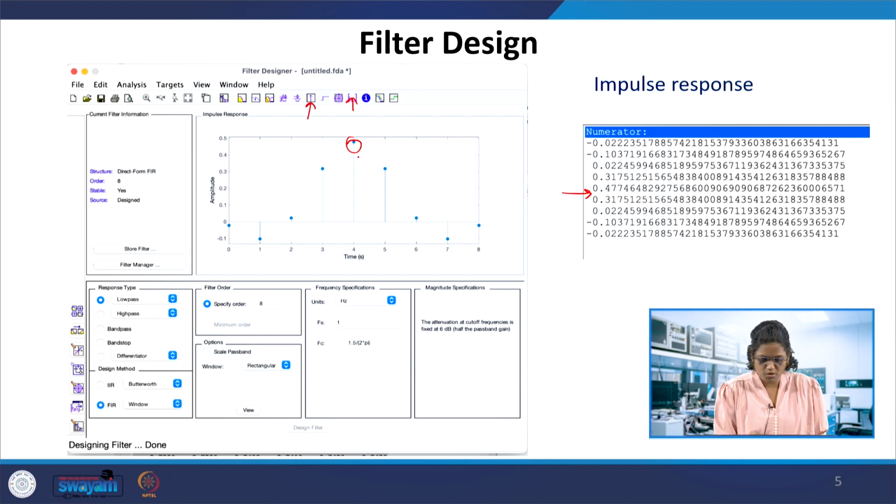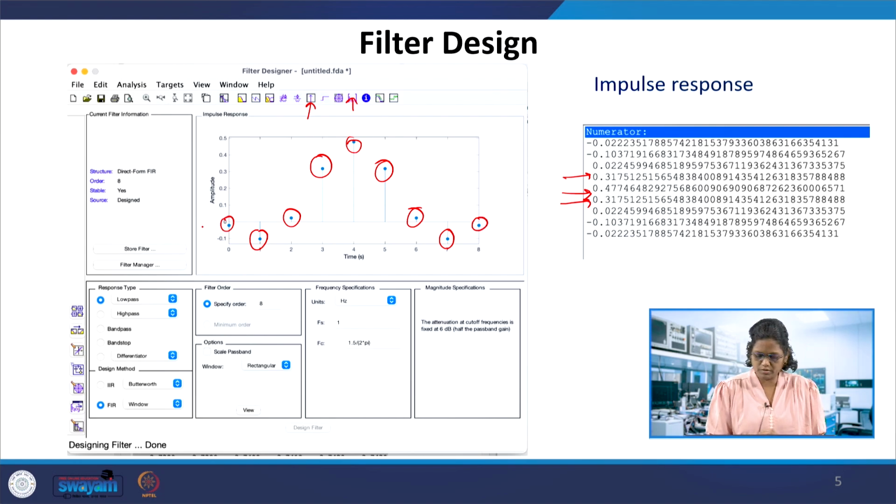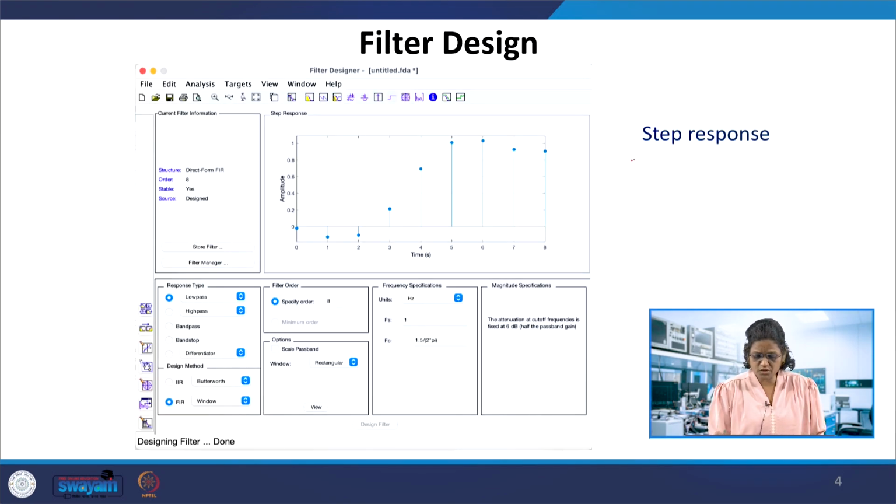That's an impulse response. So 0.317, also here you get the impulse response, and the next one 0.02, okay, and then the negative ones also same, and then 0.02 here. So 9 coefficients which is showing the impulse response. So the same thing we will be getting through the Verilog module also, after writing the code using these coefficients and the step response.